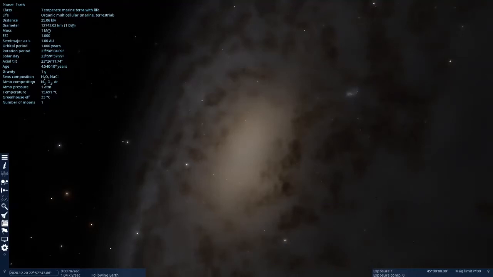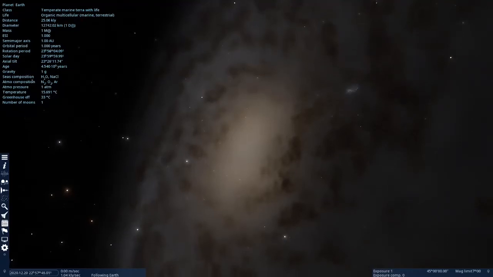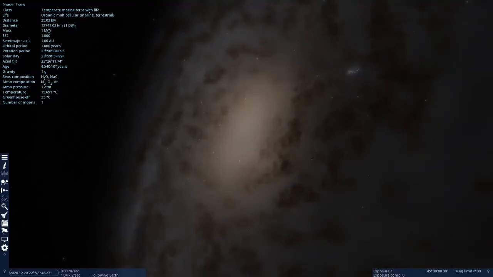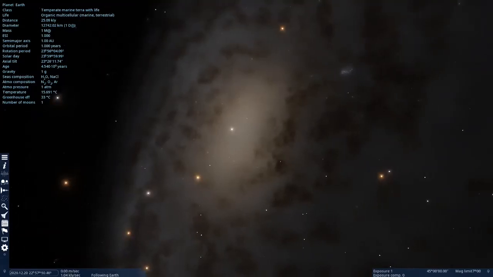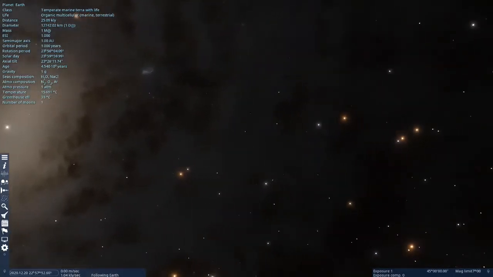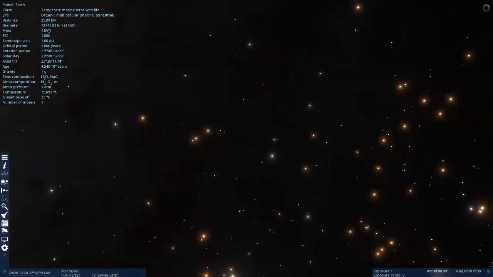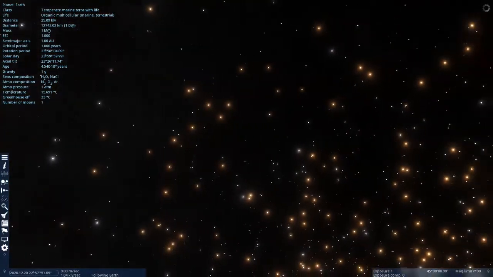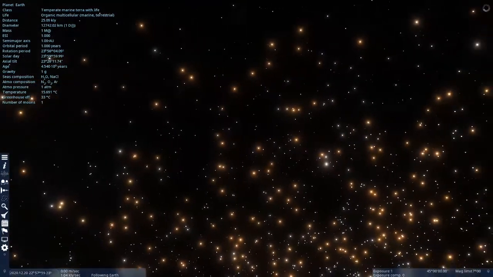But one thing this program does not do is the motions of stars. The planets move around the stars, the moons move around the planets, but the stars are fixed. And there's practical reasons for that too.